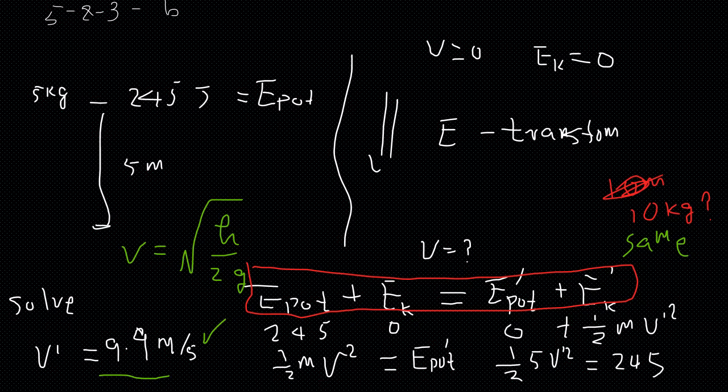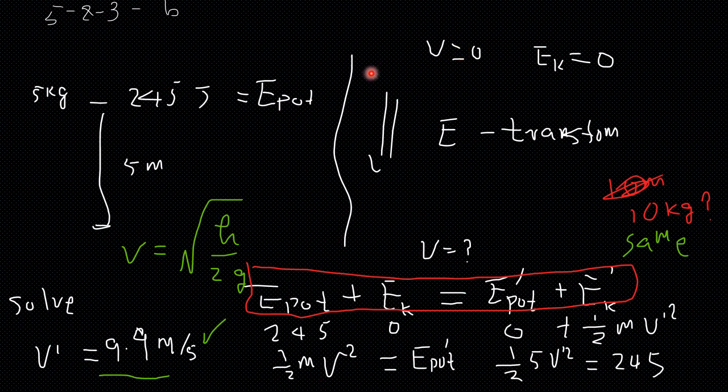That is a typical problem where potential energy or mechanical energy conservation is applied. So you will simply use the energy conservation. The total energy on the top will be the same as the total energy at the bottom, assuming there's no energy loss from air friction. So we have the equation over here: total energy on the top and total energy on the bottom. On top, kinetic energy plus potential energy is 245, and the kinetic energy will be 0 because there's no speed.